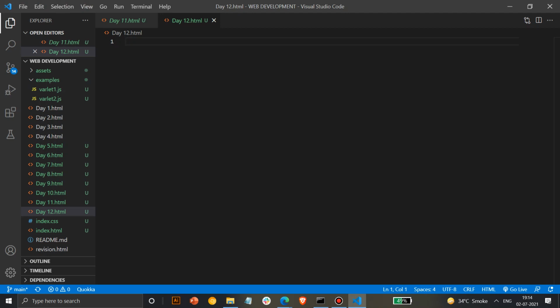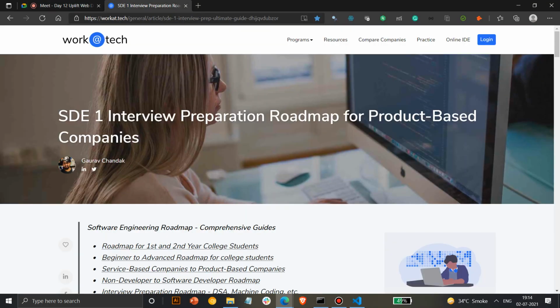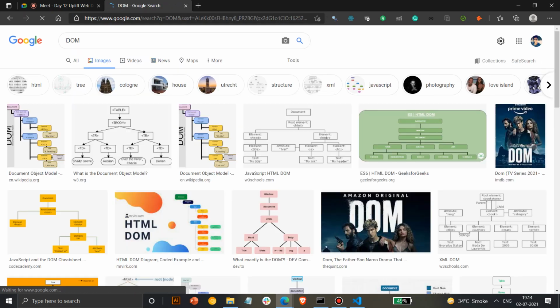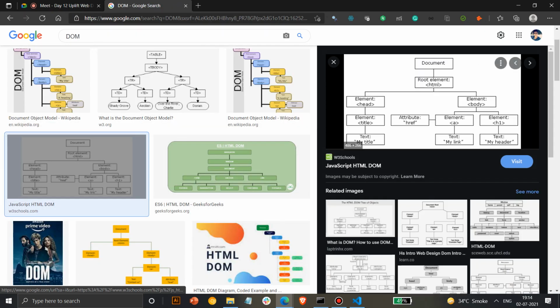If you just Google DOM, you can see many articles that are present, but I'll tell you the important one. Whenever you see any document, it's divided basically into the root HTML. There's body, there's head. Head can be divided into title, and you can have meta tags and everything here. They both are at the same level, no difference between them. Then you have body, where you can have an element, then an attribute, and then the text inside it.